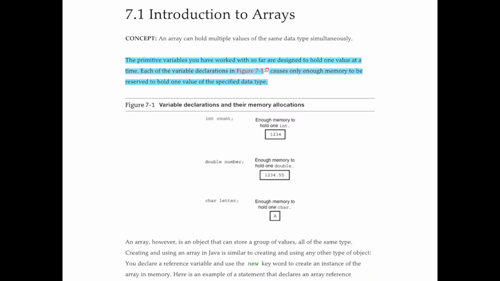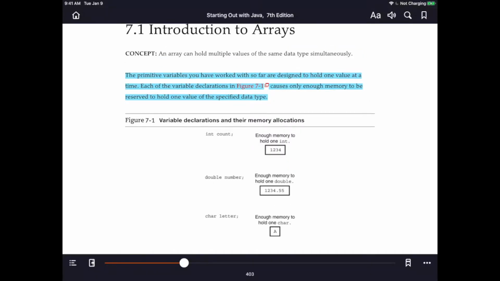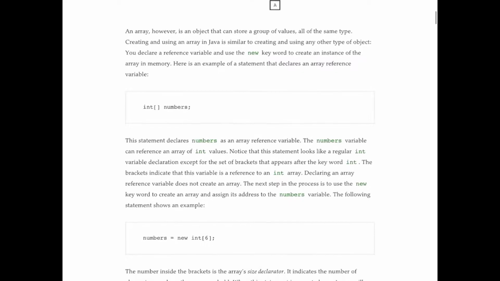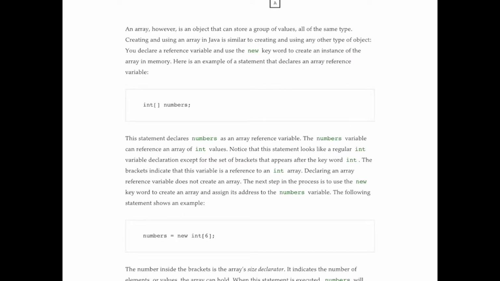Now that we've seen the rationale behind having an array, the next most obvious thing to look at is how we actually go through and declare that array. Again, this is on page 403, just so I can remember to continue to use the page numbers. The declaration of an array is not altogether that different than what we've already seen with the declaration of primitive data types. So the big difference you're going to see here